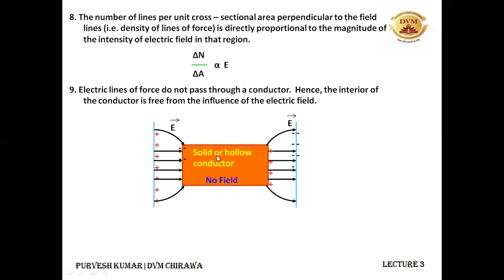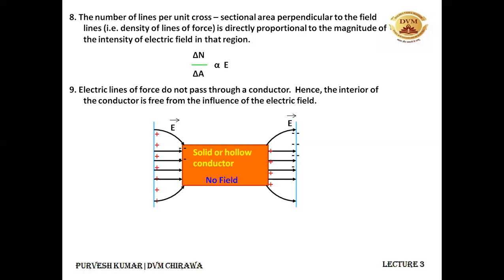All right. So the electric field lines will be originating from this positive charge. And because of the presence of this positive charge, this conductor will be having some negative charge over here. So the electric field lines will move from the positive charge towards the negative charge. Because of the presence of this negative charge, there will be some positive charge induced in the conductor, and the electric field lines will be moving like this from the positive charge towards the negative charge, but they cannot pass through the hollow conductor. Please remember that electric field lines never exist inside a conductor.